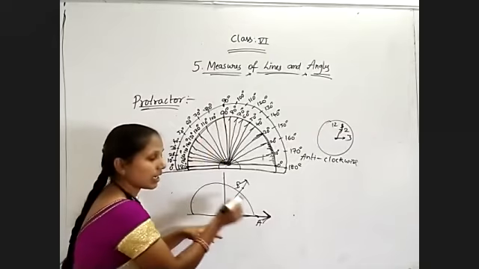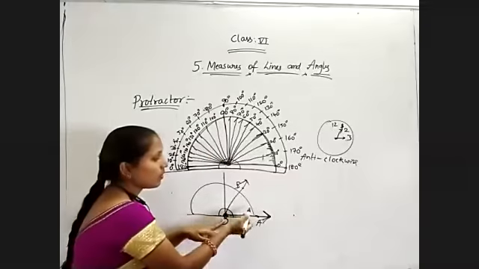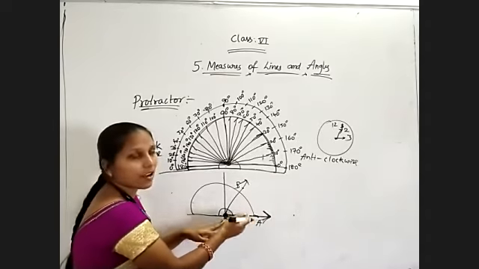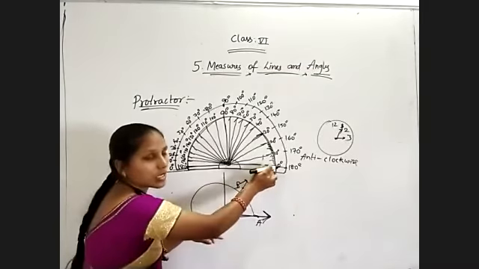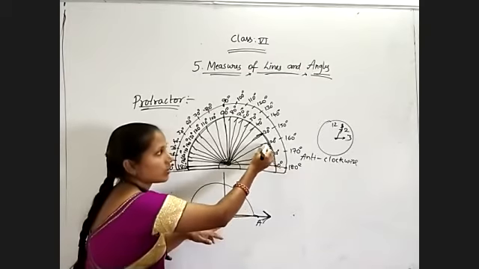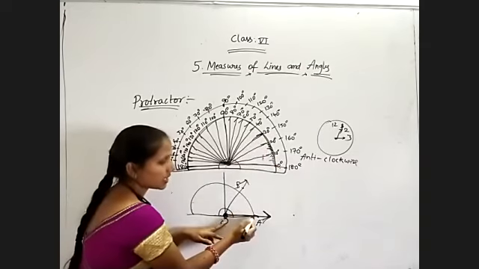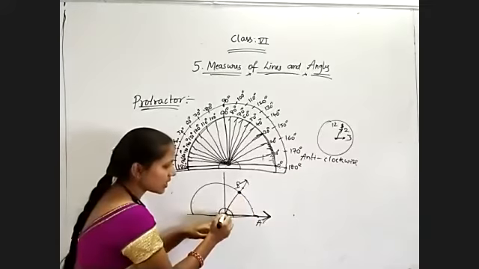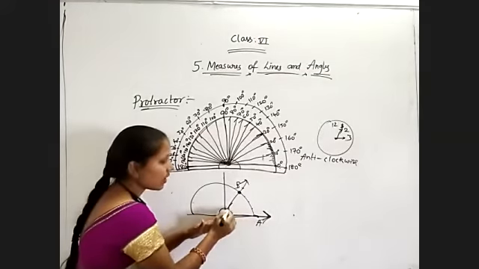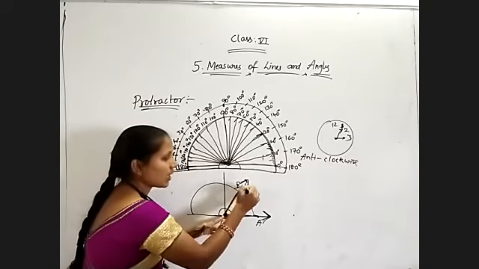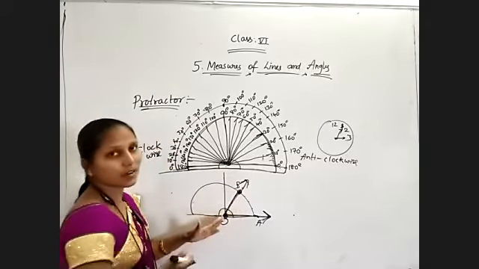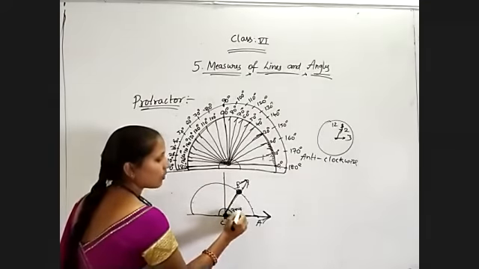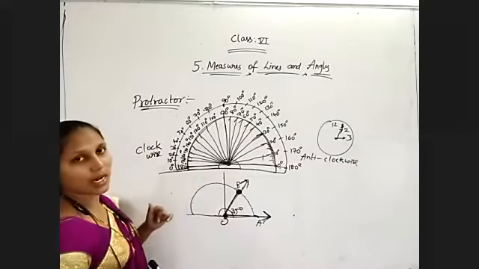This is my protractor. Like this I must set. Now, 0 degree ray is lying at the right side. I want to take down values. These are inner values: 0, 10, 20, 30. Suppose it is like 0, 10, 20, 30, 35. This ray, this arm, we are taking as base. Where the other arm is lying, on which number on the protractor, we must observe. So it is lying at 35 degrees, suppose. So angle O is equal to 35 degrees by using the protractor we found.